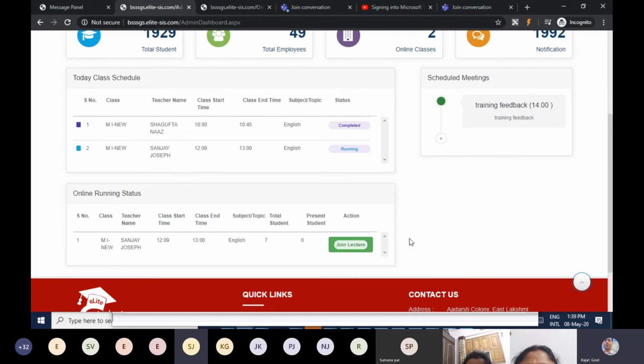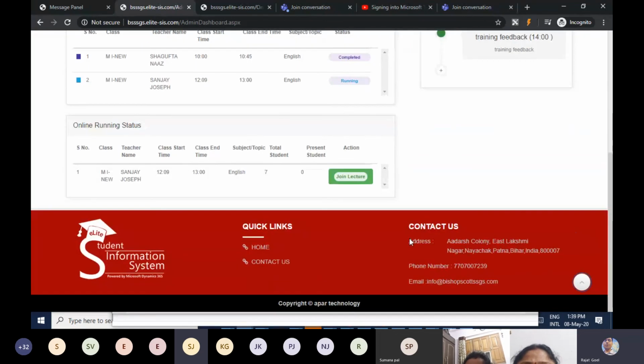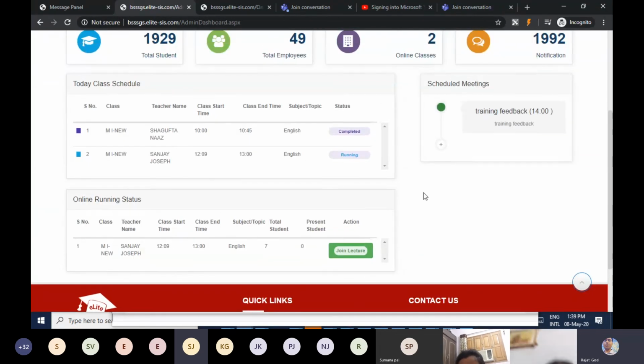So from the dashboard only you can get this information, because, sir, in regular offline classes also, the principals or the authorities are required to have this kind of information: how many classes are running, how many students are present today, which teacher is taking which class, and if some class is going vacant or something else. That kind of information can be kept on your dashboard only.